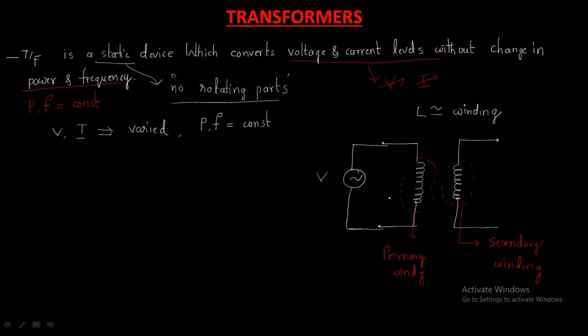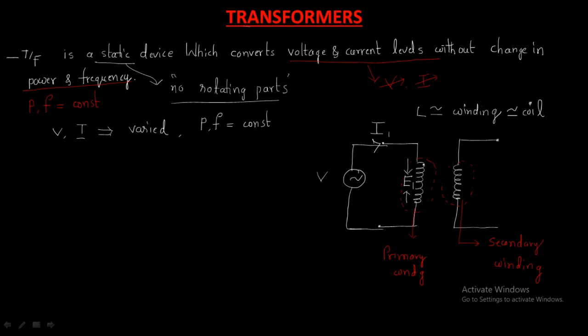The construction of the inductor is nothing but the winding, or call it a coil. A coil has the same definition. Whenever a single phase AC supply is given to a winding or inductor, some current will flow. This current is known as the primary current, or I1. And whenever supply is given, an EMF is automatically induced across the inductor. That EMF is known as the induced E1.